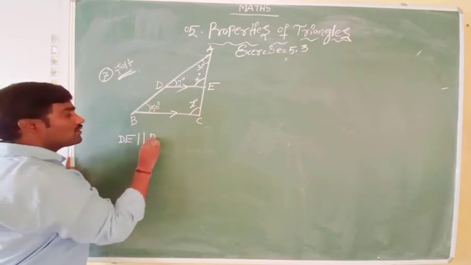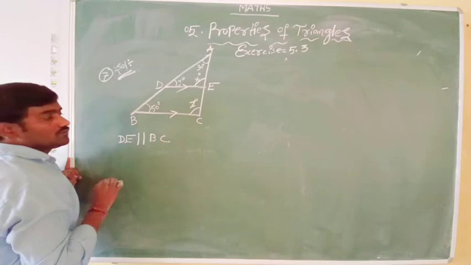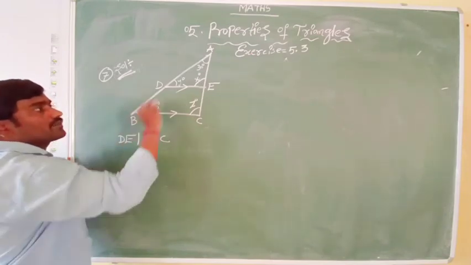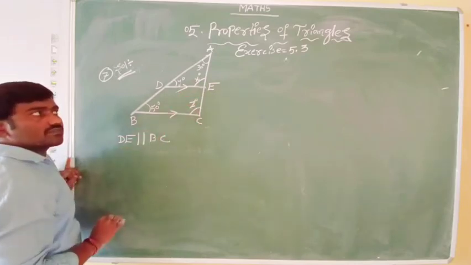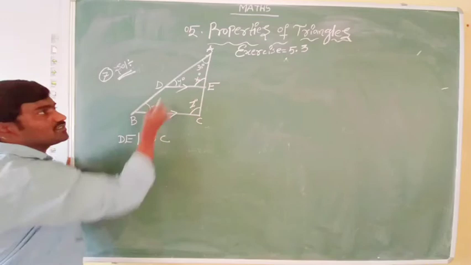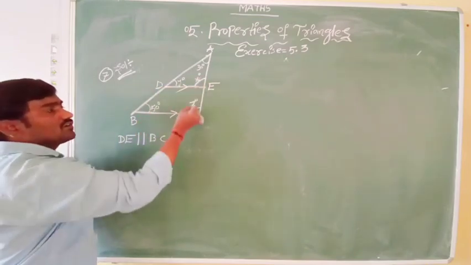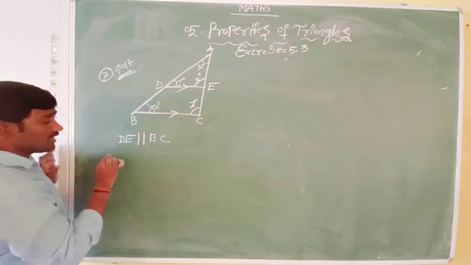DE is parallel to BC. If DE is parallel to BC, these angles are called corresponding angles. That means Y equals 50 degrees, and X equals Z. So according to the corresponding angles,